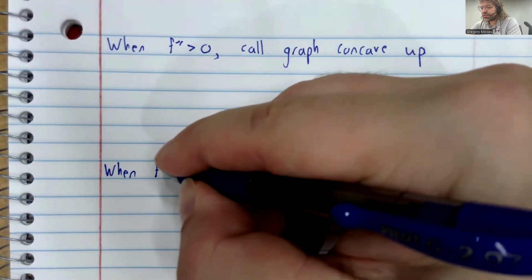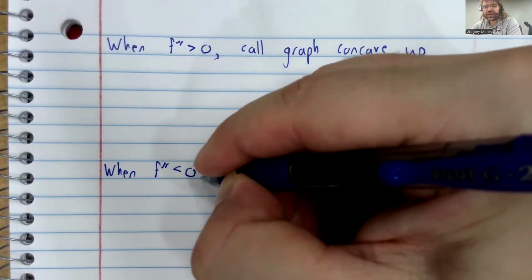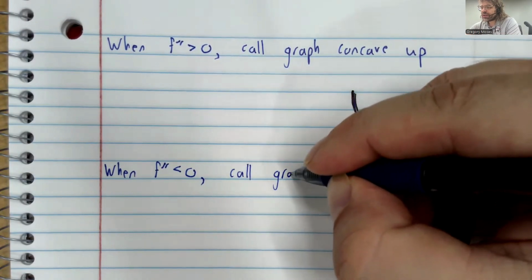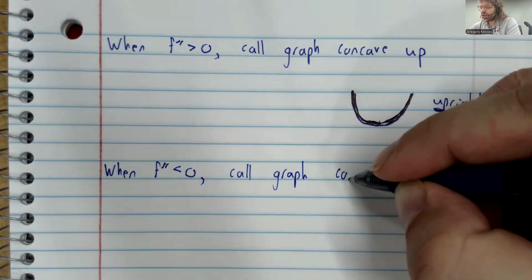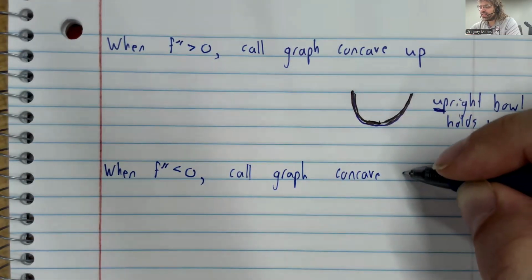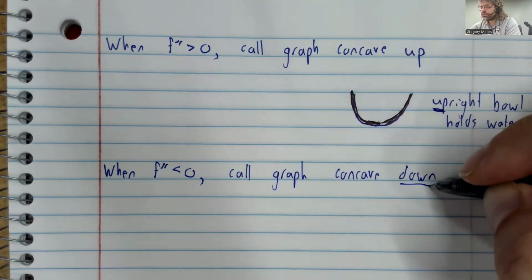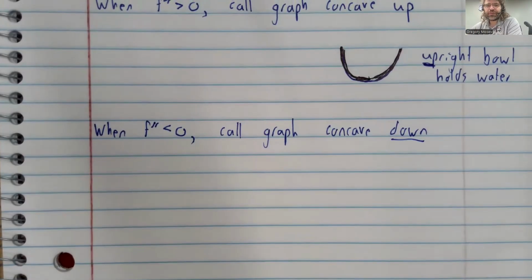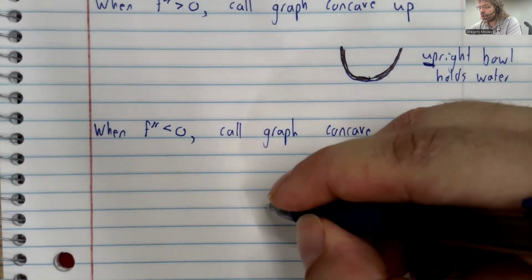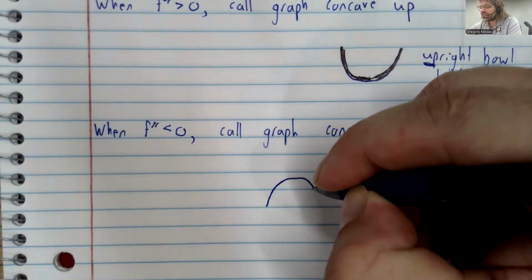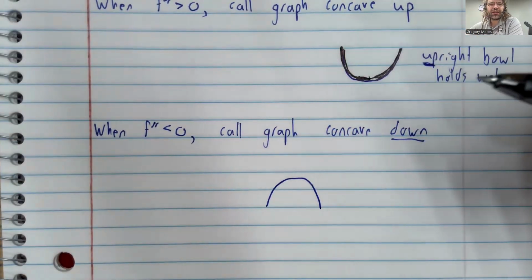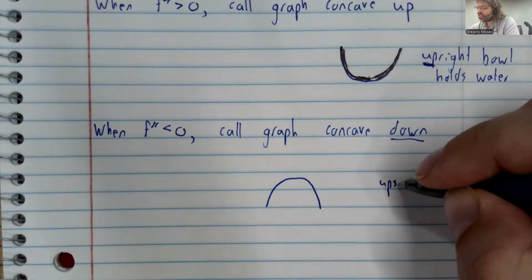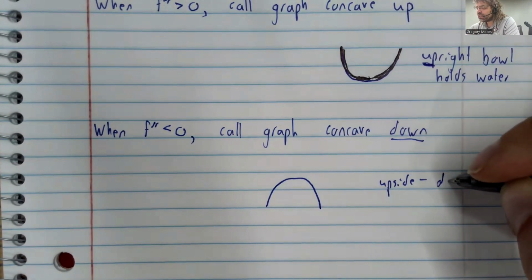When the second derivative is negative, we call the graph concave down. And again, although the image I've given you so far is a slide, I most often think of this as a ball when I'm trying to keep these straight in my head. If a ball is upside down,